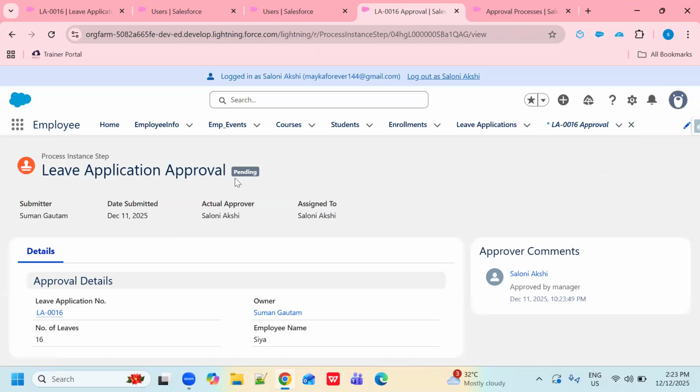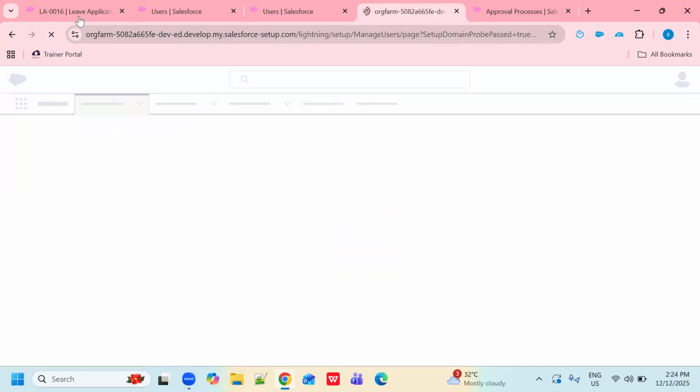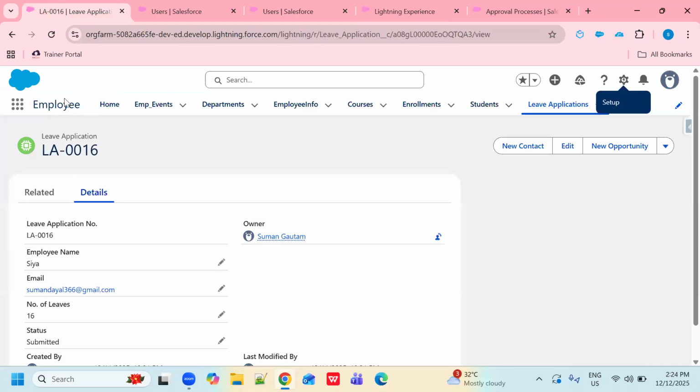So you can see here, right? Here status is pending also, because the final decision will be considered of the upper level approver, right? So let me log out from here, and if I will show you here, let me refresh first.